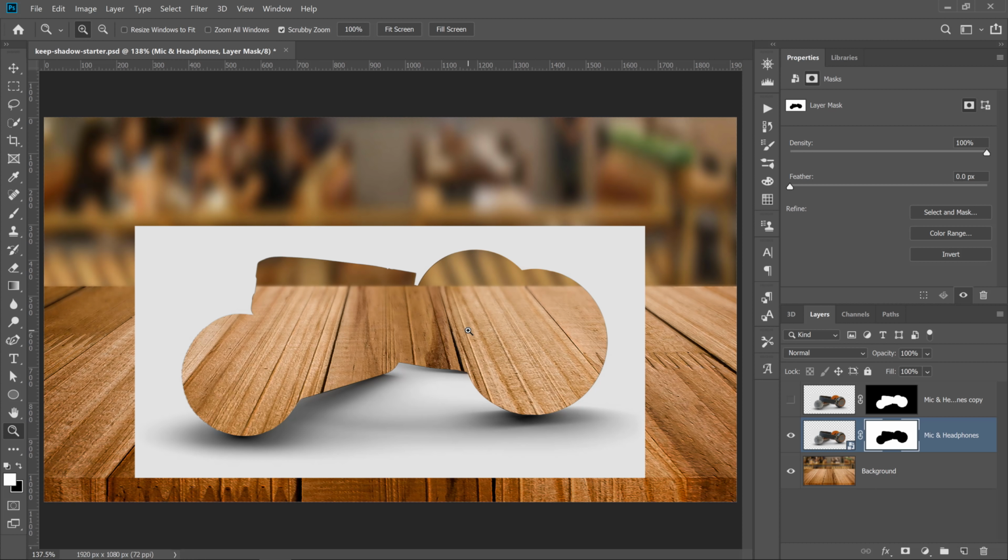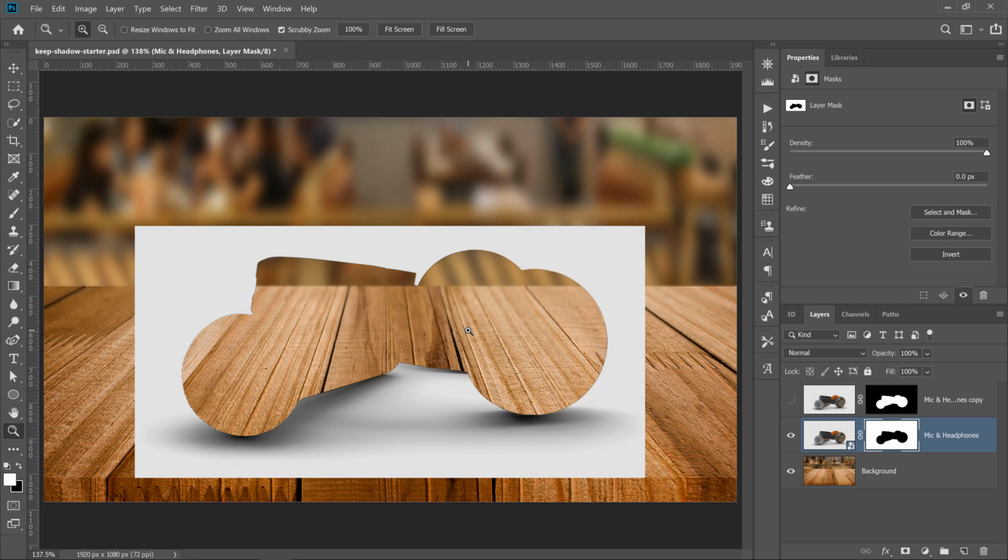There's actually a way that you can do all this just in one step. So I'm just going to delete the layer mask, and I'm going to show you how to do it. I'm going to click on the original layer mask, and if I simply hold Alt and Shift, and click and drag that layer mask onto the layer below, it does all of that just in one step. So you can see we duplicated the layer and inverted it at the same time.